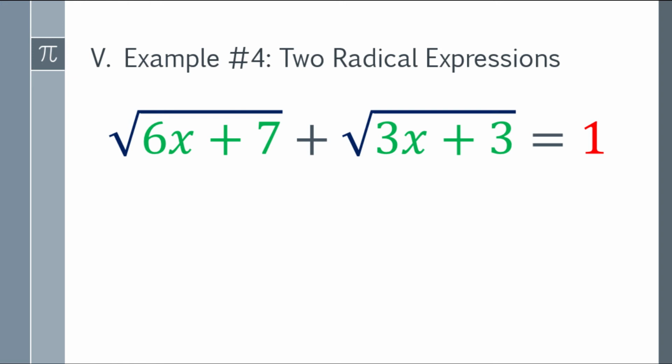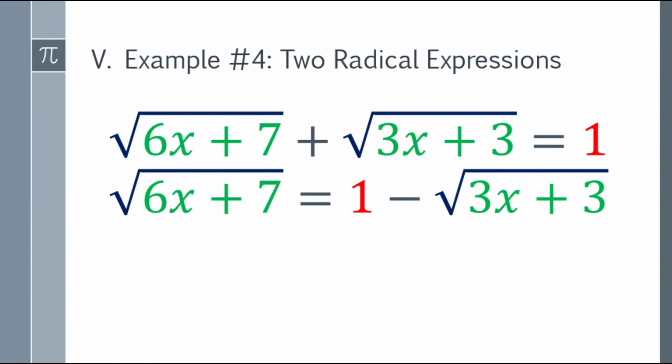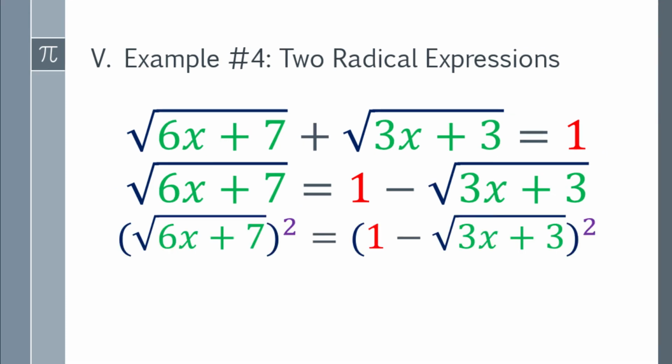So for that one, you have to isolate the two radical expressions para mas madali natin siyang i-simplify. Okay, so that will be the square root of the quantity 6x plus 7 is equal to 1 minus the square root of the quantity 3x plus 3. So dahil na-isolate na natin yung dalawang radical expression, pwede na natin silang i-square both sides